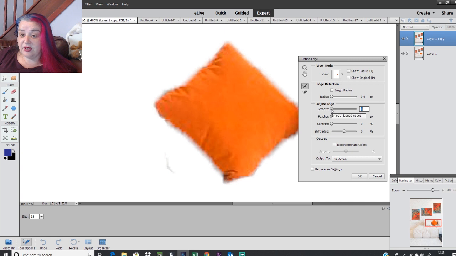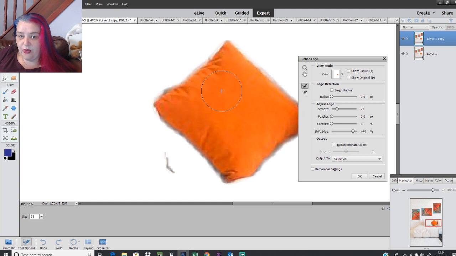So first of all, I'm just going to smooth this edge a little bit, might be a bit too much, and this just takes away all the wiggles. You've got a radius of what you're cutting out, and we're seeing that's absolutely no good for what we want. But just now I'm looking at shifting the edge because I want to make sure I get all the pillow. It doesn't matter if a tiny bit of the shadows come in, but if some of the pillow is not cut out, then when I shift the color of the oranges, the edges are going to show up. Imagine you're just cutting out with scissors, you're going to overlap a little bit. So we've got shift edge here, so I can just pull it out slightly,